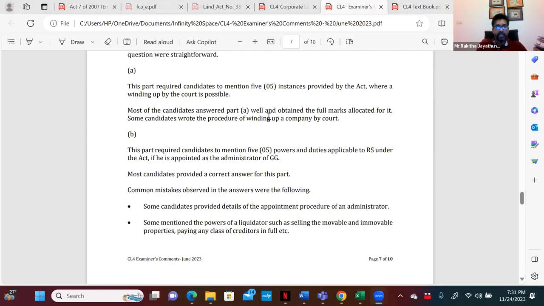So for that purpose, you can appoint an administrator. He will try to manage the business, manage the properties of the company to make it a little more favorable, beneficial to the creditors of the company, and then go for liquidation. Perhaps you might be able to even continue. So there is a clear difference between a liquidator and an administrator. If you don't know the difference, then you make mistakes like this. Then here, selling movable and immovable property. Then it says,